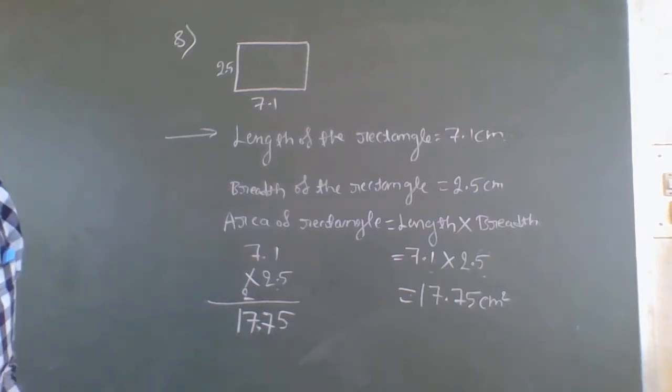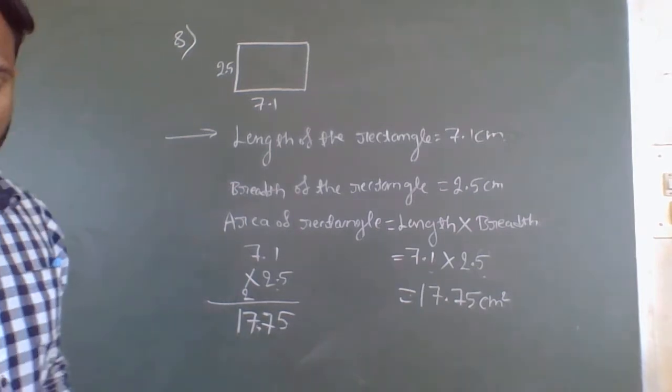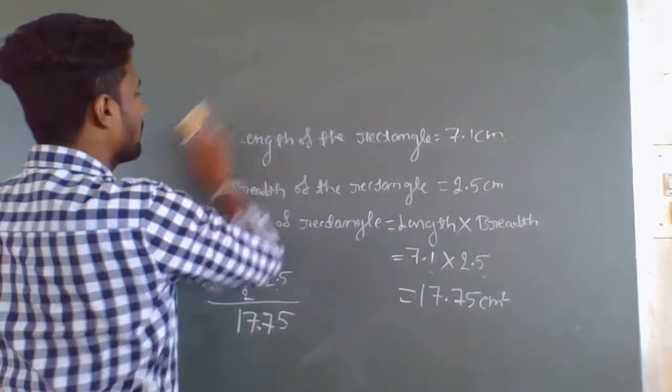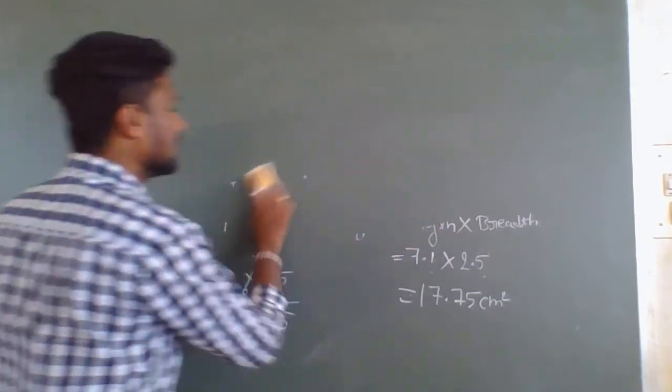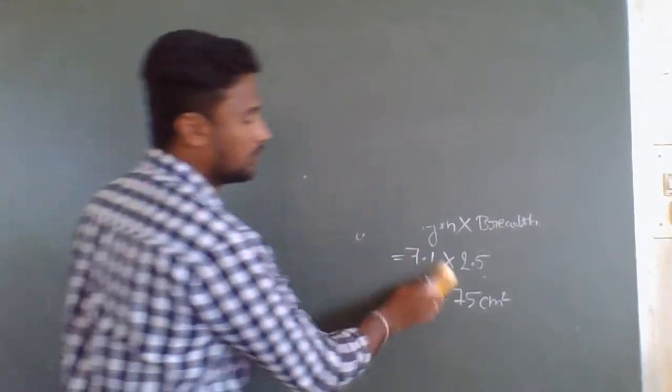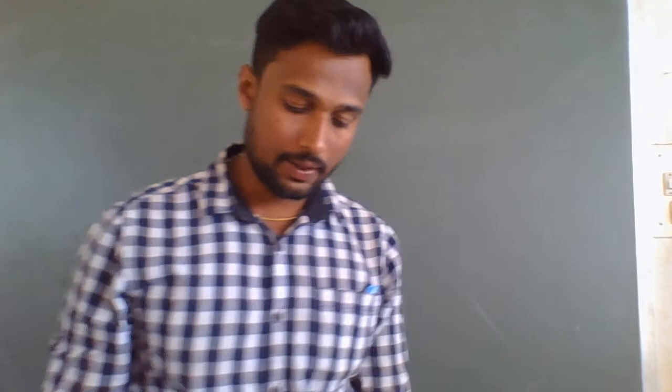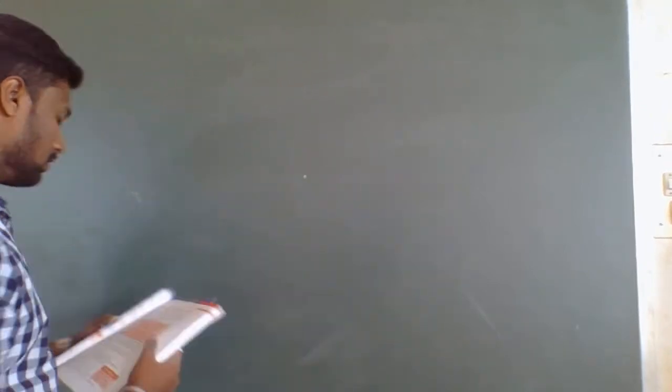So now we will see they have given one table in page number 51. Multiplication of decimal numbers with 10, 100 and 1000. What have they given here? Multiplication of decimal numbers with 10, 100 and 1000. You can see in the table they have given in page number 51